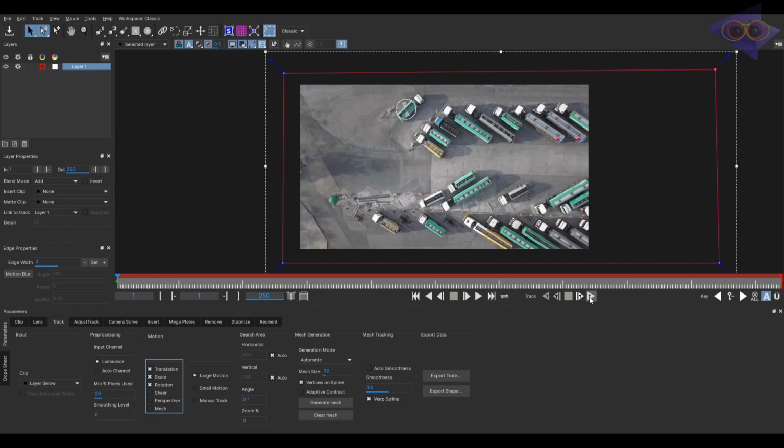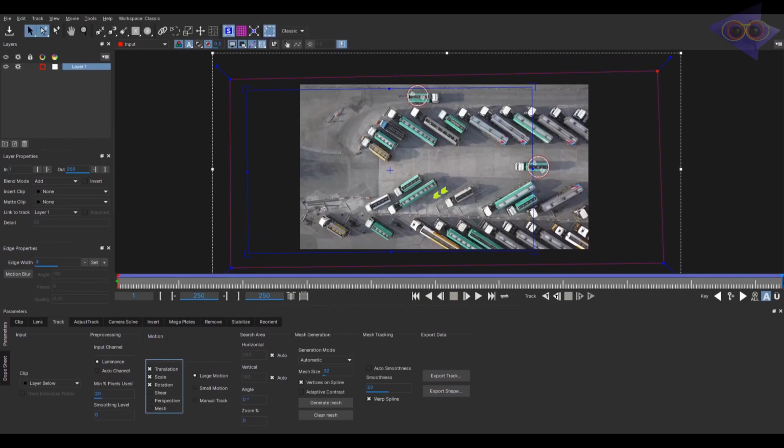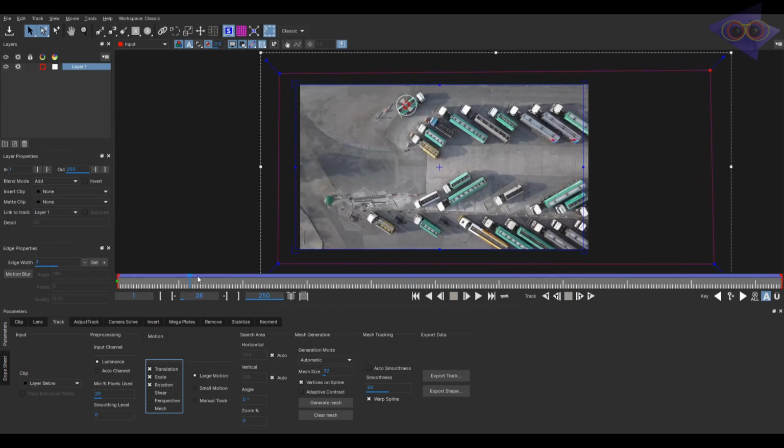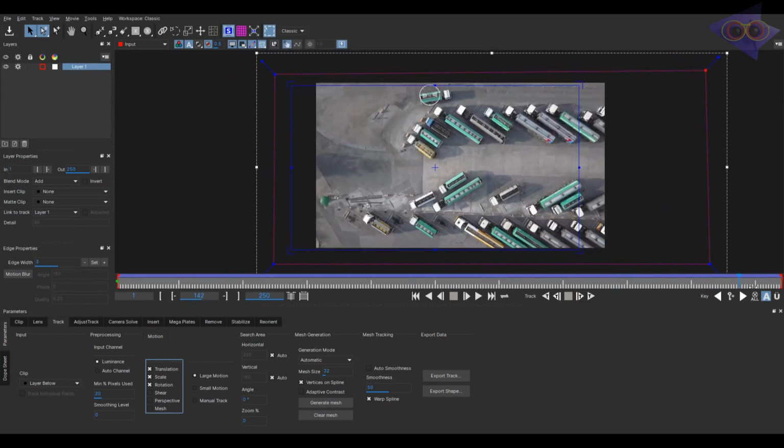Okay, I have forgotten something. Wait a minute, we will set the subsurface now only because of creating megaplates. Click on the align and it's done. Now let's track the footage and wait till it finishes. I think my track is pretty solid here. Let's stabilize and check. This looks perfect for me.